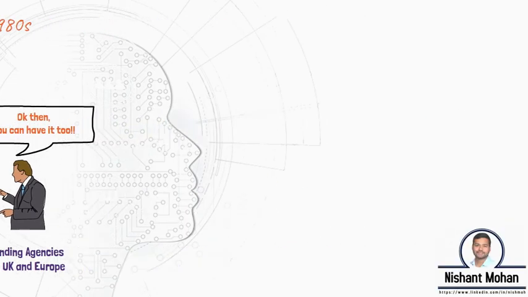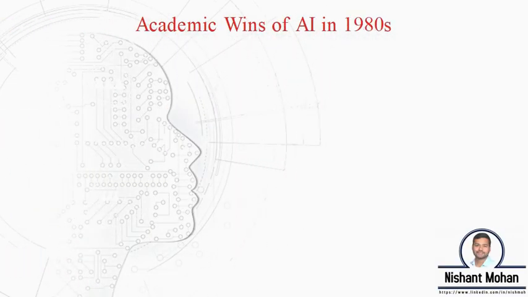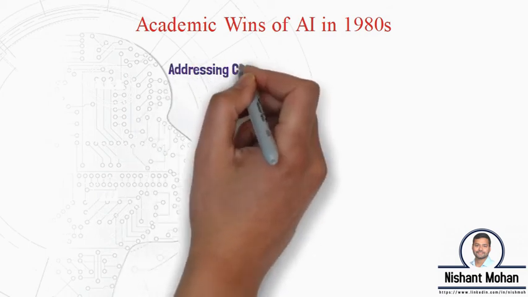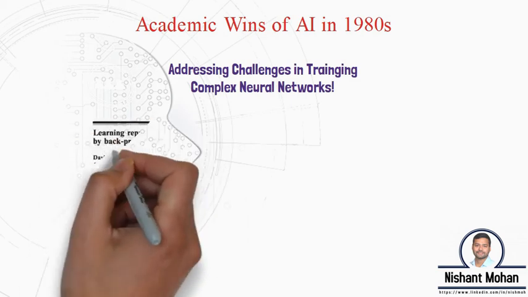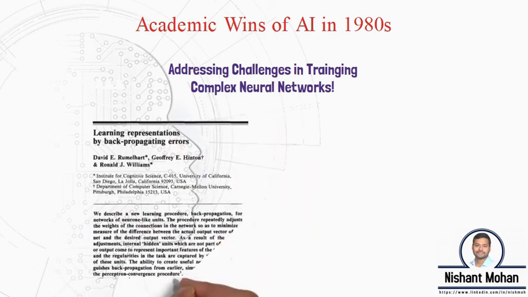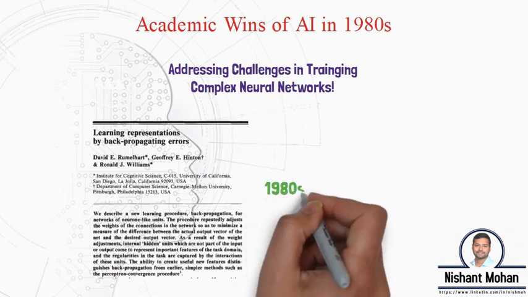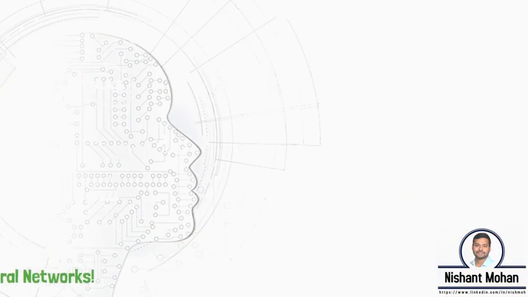The academic research in AI had some notable developments in this period. One noteworthy work was in training of multi-layer neural networks. We had seen before that single-layer neural networks had limitations, and there were no well-accepted ways of training neural networks with many layers. In 1986, in a landmark paper, Rumelhart, Hinton, and Williams described the technique of backpropagation to train these networks. Although known in some academic circles beforehand, this publication was key in making backpropagation popular in mainstream AI research and bringing neural networks back to life.